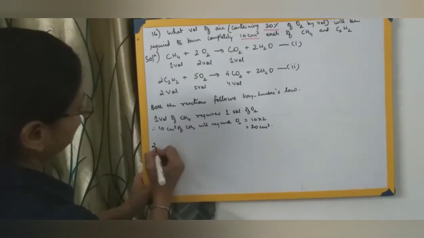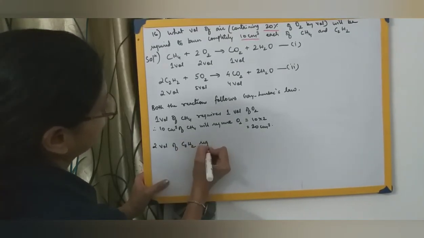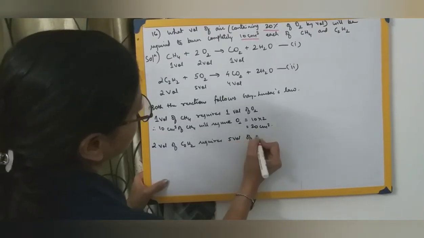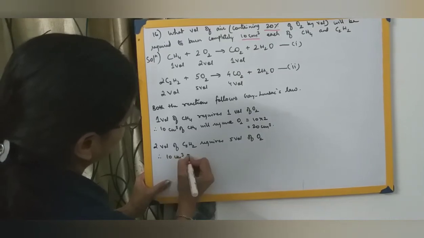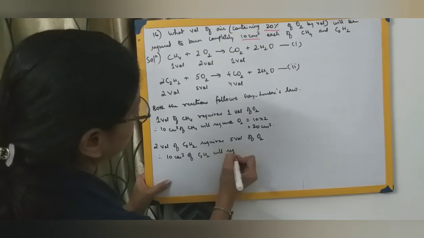Next, 2 volume of acetylene requires 5 volume of oxygen. Therefore, 10 cubic centimeter of acetylene will require